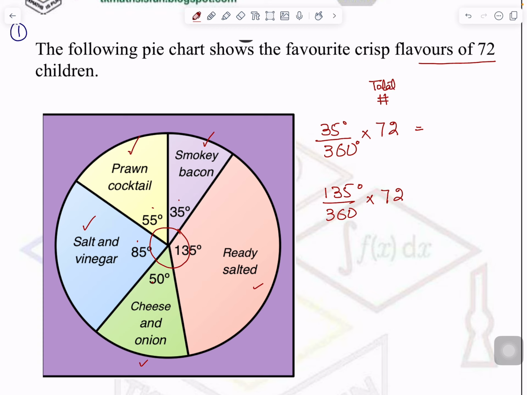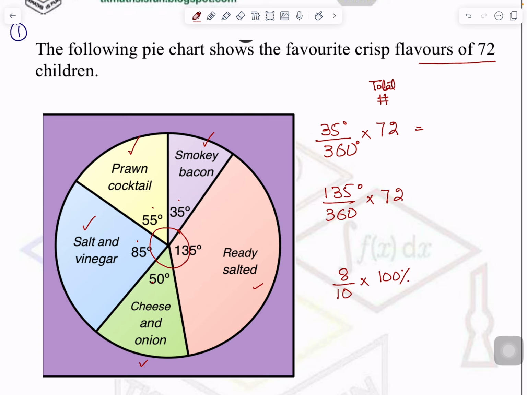Imagine you get 8 marks out of 10 marks. Okay? It is nothing to do with degree, but I am trying to explain the concept here. So 8 marks out of 10 marks. If I ask you, convert it into percentage, you will do what? You will multiply it by